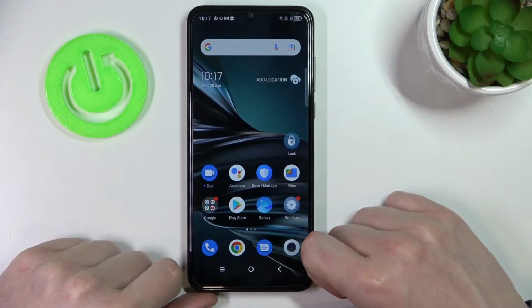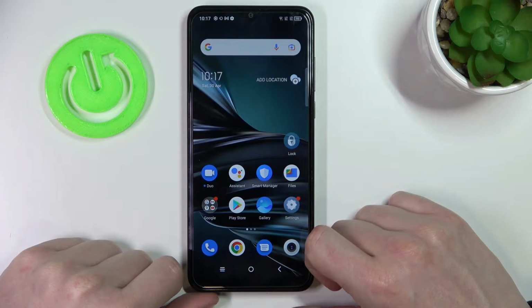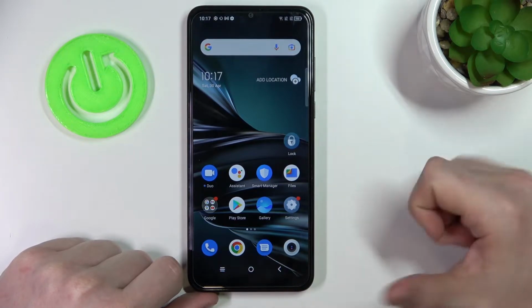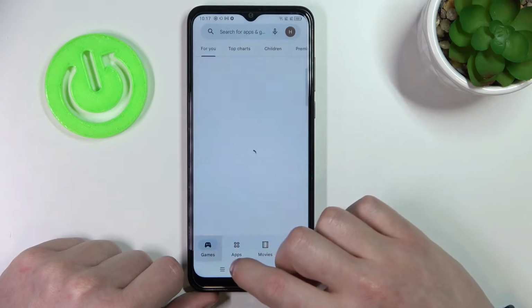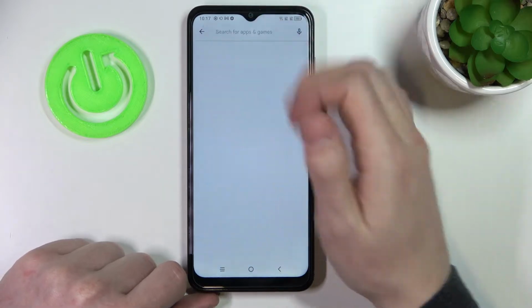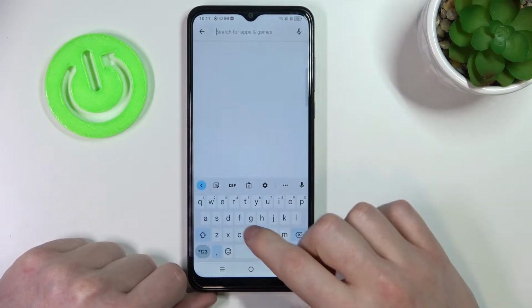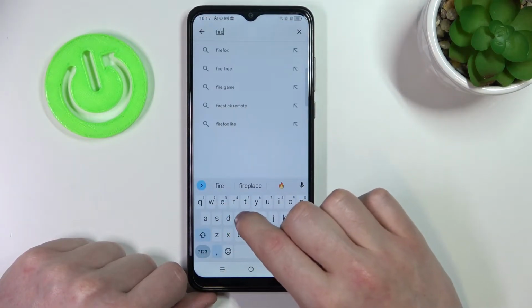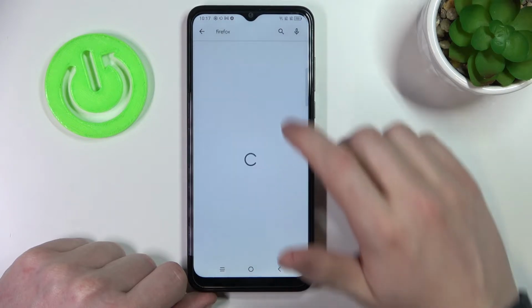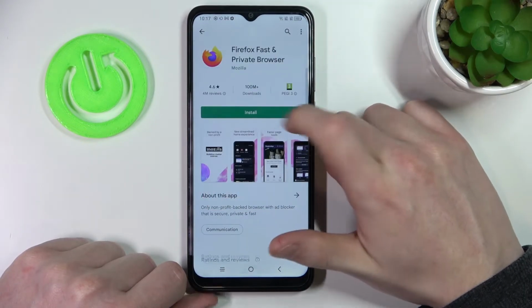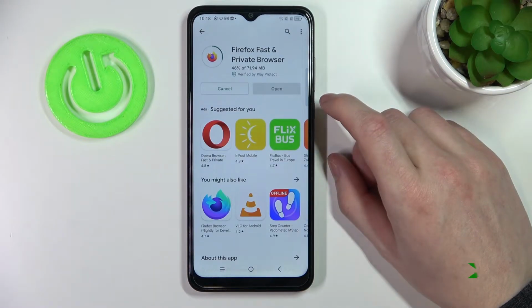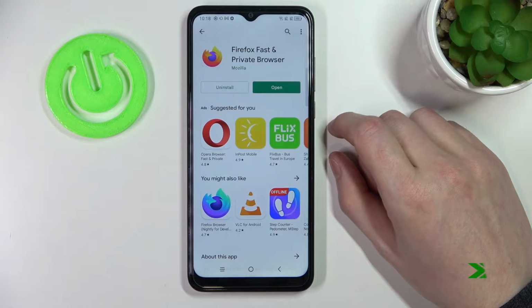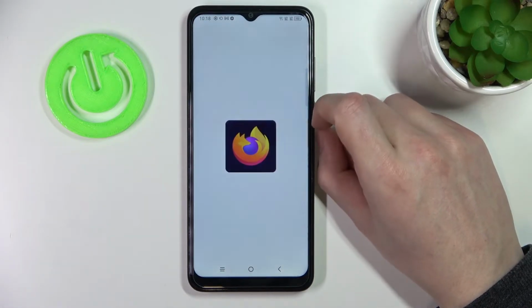Hello, in this video I'm gonna show you how to install Microsoft Edge browser on your TCL 30SE. So in order to do this, we'll need to open our Google Play Store, go for the apps or games, and then here search for the Firefox. Select this app and we can install it. After installation process is complete, we can open the app